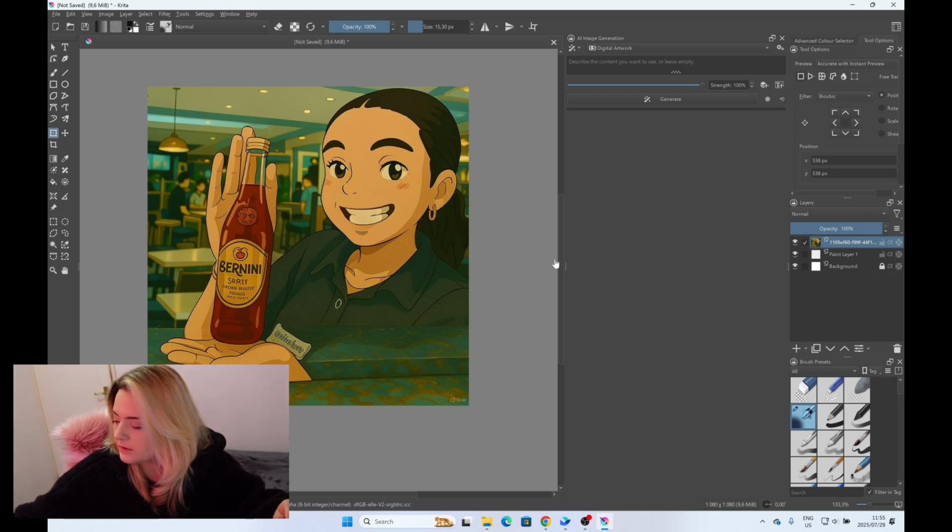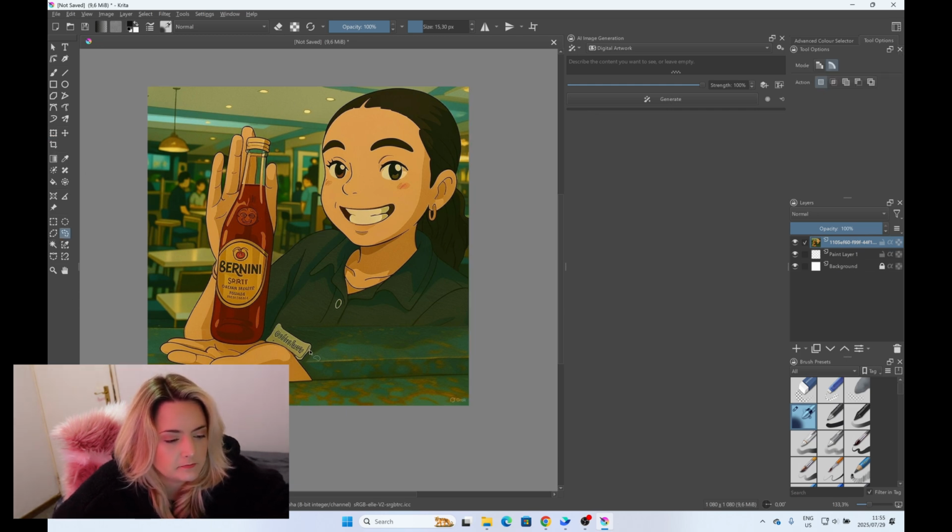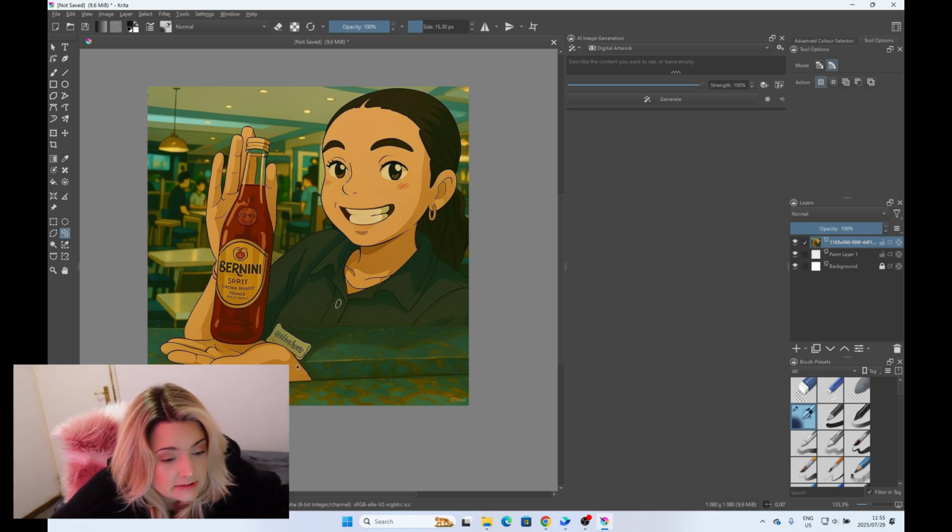Alright, so now I'm going to get into the process, and let's begin. Firstly, let's start off with the selector, and I think I'm going to start from the bottom area. Usually I find it's easier to work from the back and then come forward basically. So in this case we can see that the countertop is going through her hand in a strange way, and in between her shirt. So basically we need to just select this area,